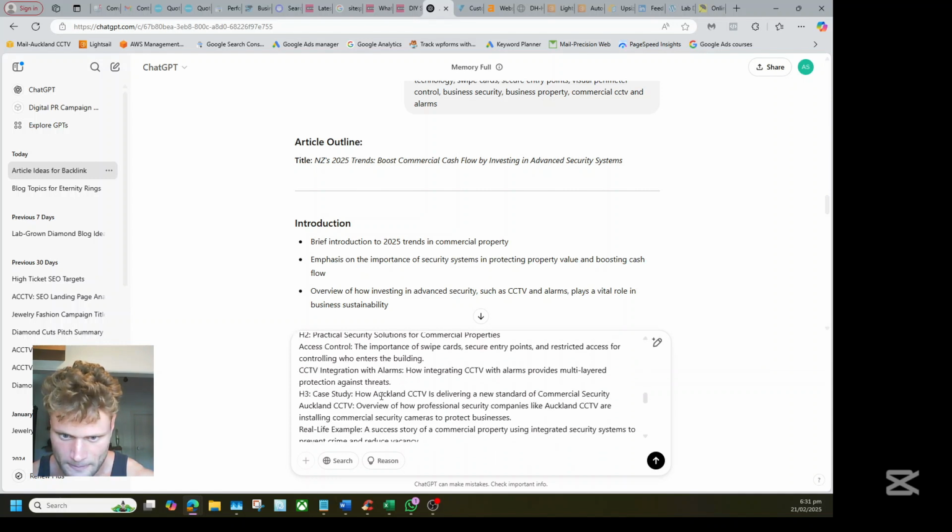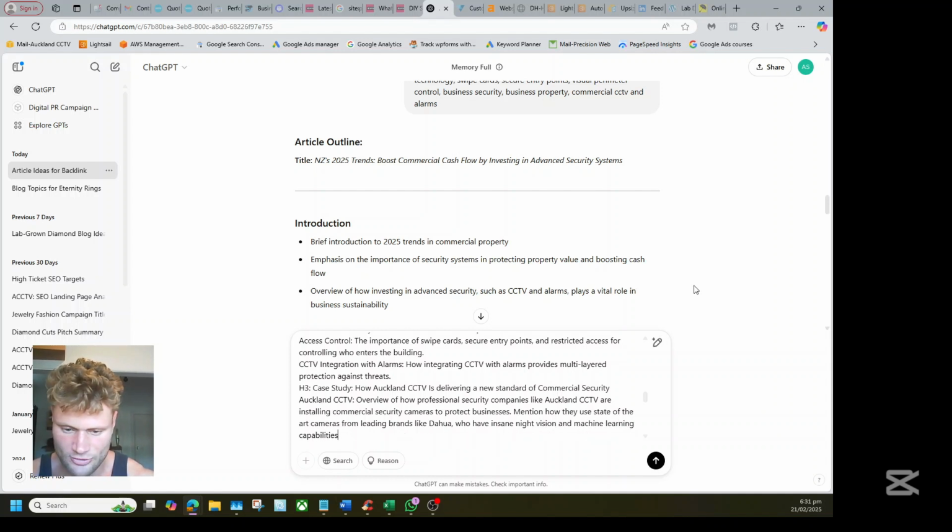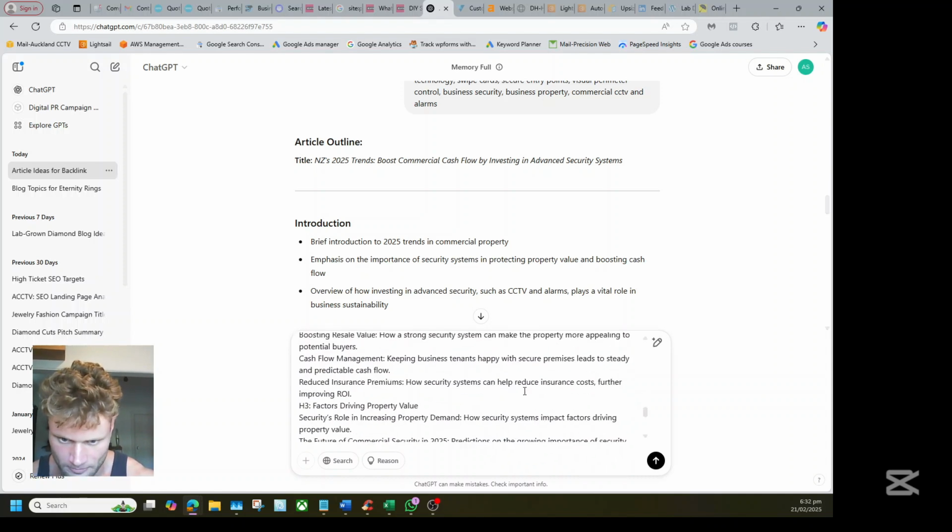Okay, I'm going to say mention how they use state-of-the-art cameras from leading brands like Dahua, who have insane night vision and machine learning capabilities, even expanding to facial and license plate recognition with real-time remote monitoring.